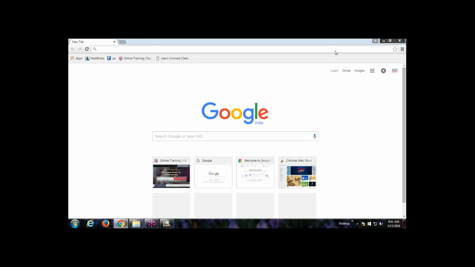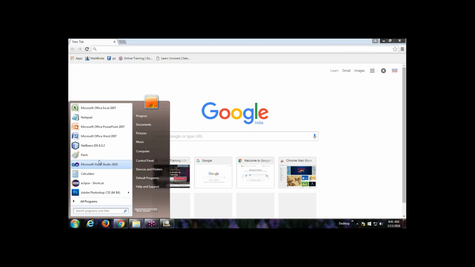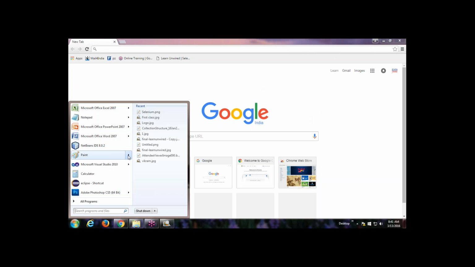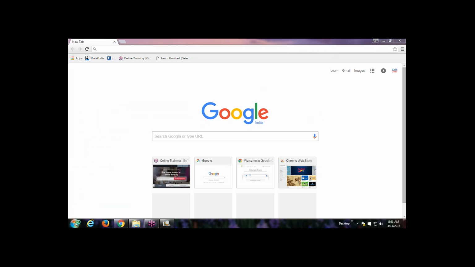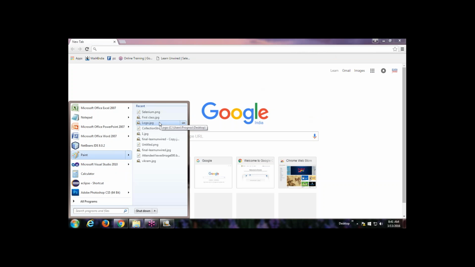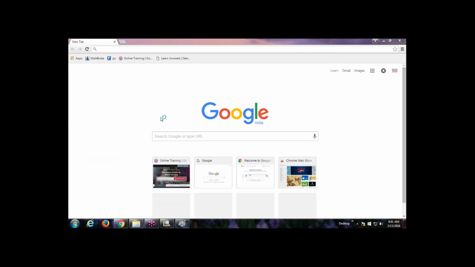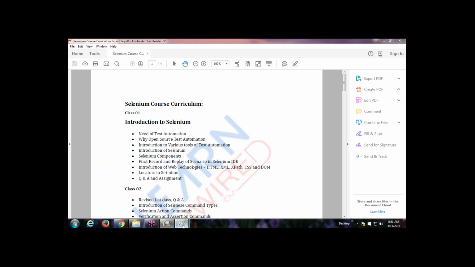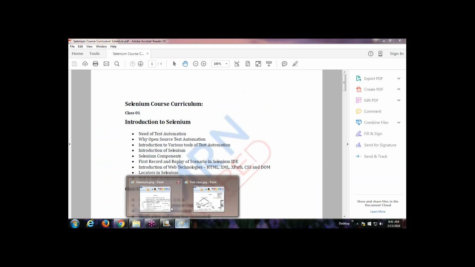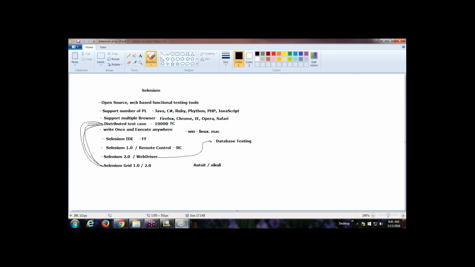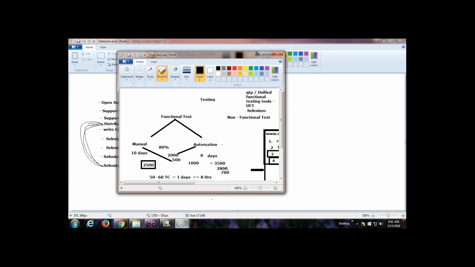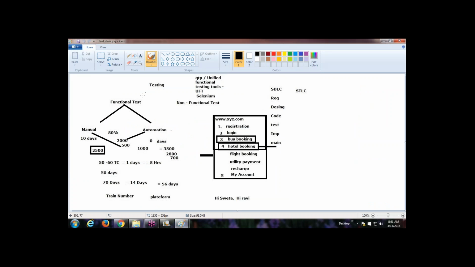Okay, fine. So I will start today's session, no problem. Yesterday we had seen what our manual testing is and how our Selenium concept will work. These two things we had seen in the first class. So this is our scenario. What is Selenium? What is manual testing? In manual testing, there are two streams, functional and non-functional. Then manual and automation. The main advantage of automation is reduced time and fast delivery,